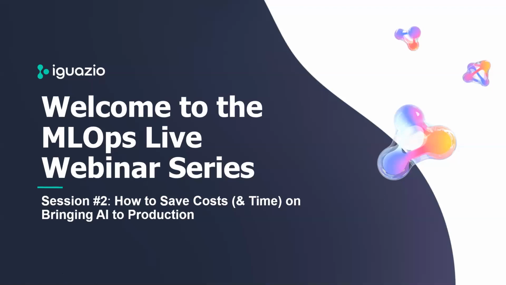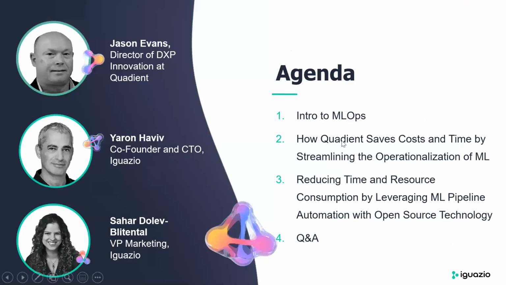This series of webcasts is all about operationalizing machine learning and bringing data science into real business applications. And today, we're going to be discussing a topic that is of great interest to us all and is really more relevant now than ever: how to deploy data science at scale in an efficient and effective way, or more simply, how to save costs and accelerate time to market. Because in today's economy, we all understand the significance of cost savings and of seeing the business impact of our AI applications and seeing them quickly.